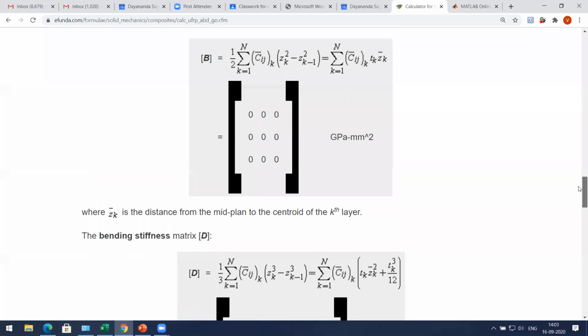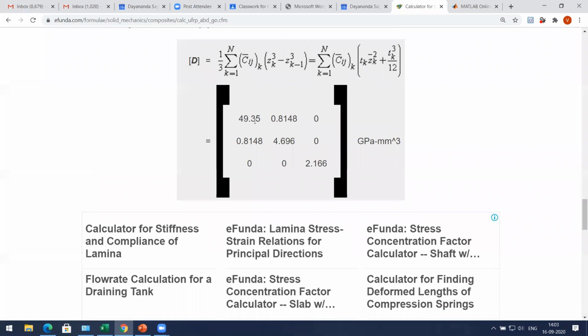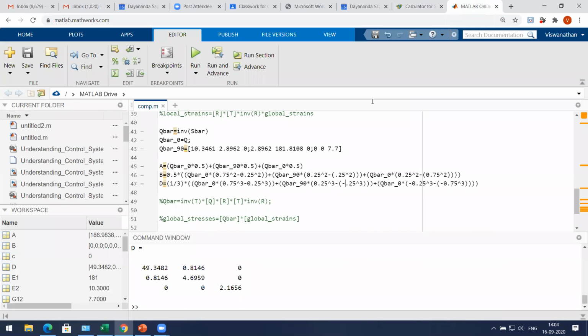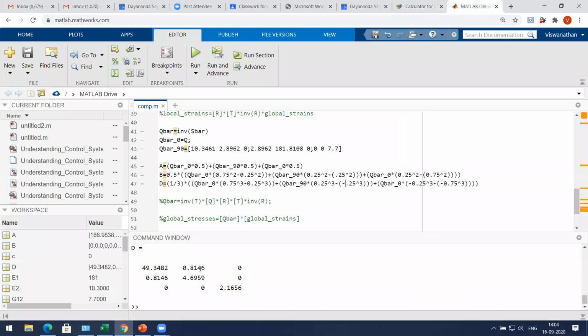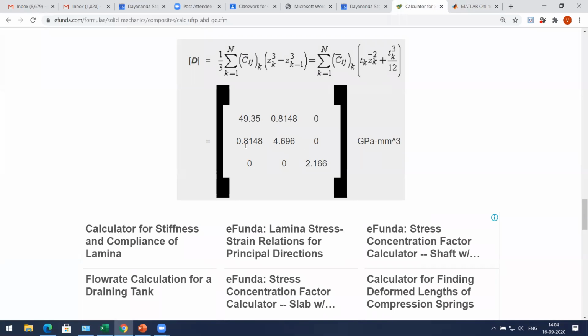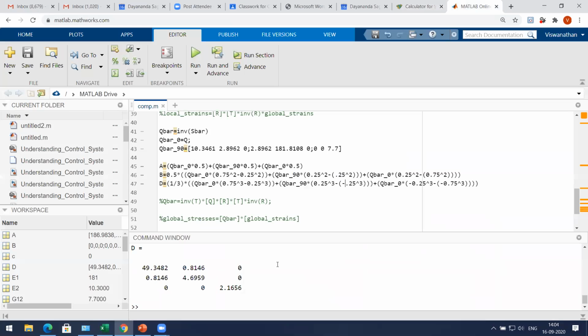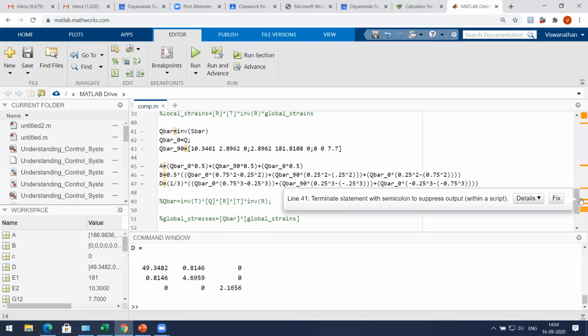B matrix is 0, okay, and D matrix is in GPa mm cube because it's cube. Okay, the formula has cube there, so that's why GPa mm cube. 49.3482, 49.35, okay, 0.8148, 0.8146, okay, 0, 0, I think it is fine. Okay, so this is how you calculate the ABD matrix, A matrix, B matrix, and D matrix for a given